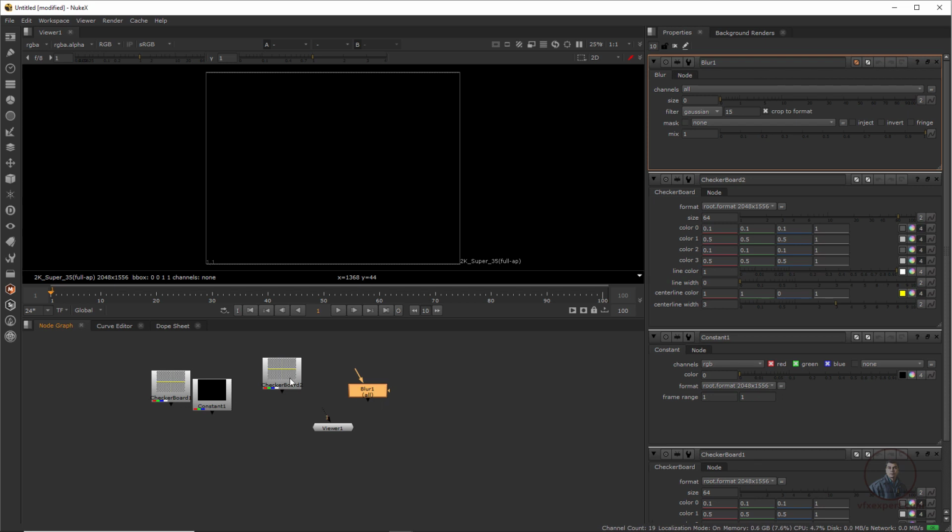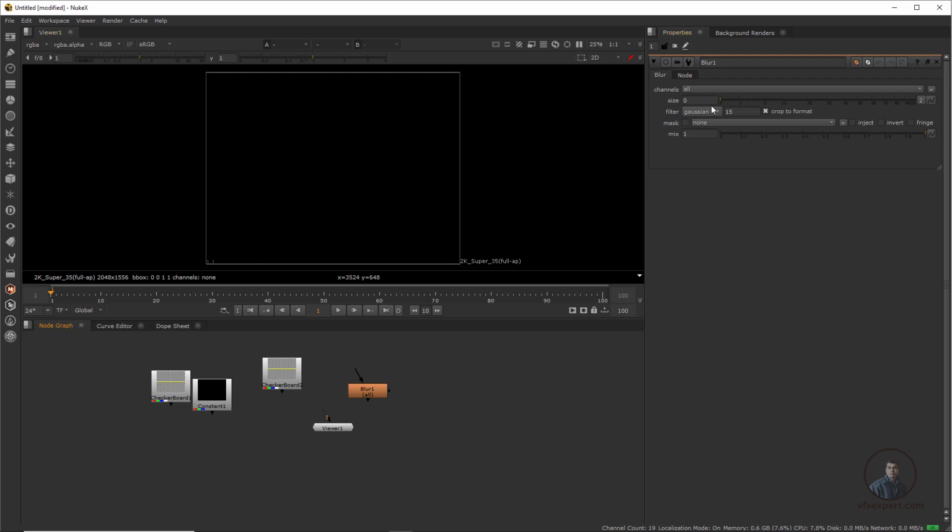Now here, if you see, I have added 4 nodes inside our Nuke. Now we are going to see our properties bin. By default in Nuke you will get properties limit 10. 10 means at a time you can add 10 node properties inside our properties bin. But if you add many properties in this properties bin, this will be a little bit complicated. Suppose you want to add only 1 or 2 node properties here, then from here you can edit. Maybe suppose type here 1. Only 1 node property you can add inside our properties bin.